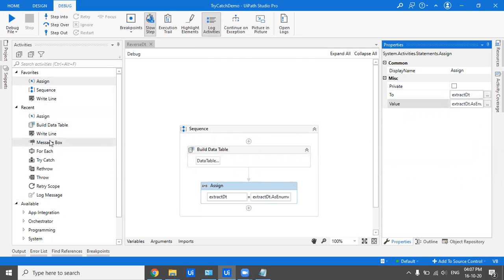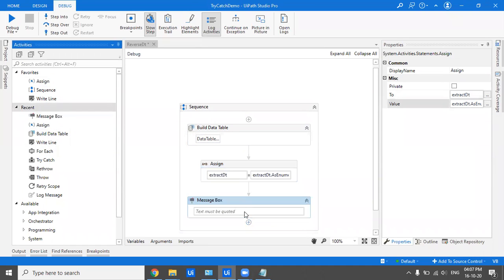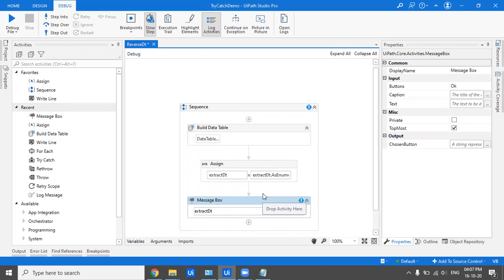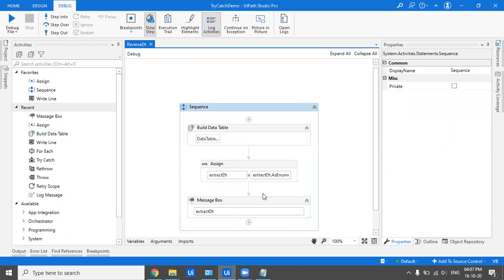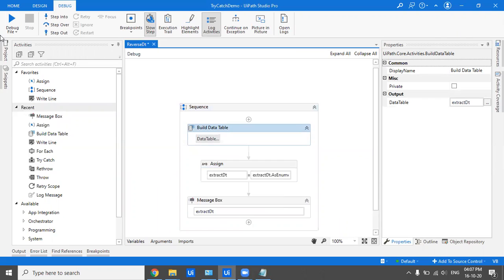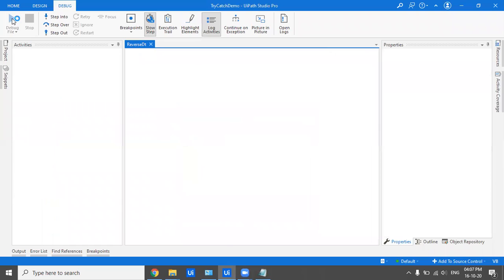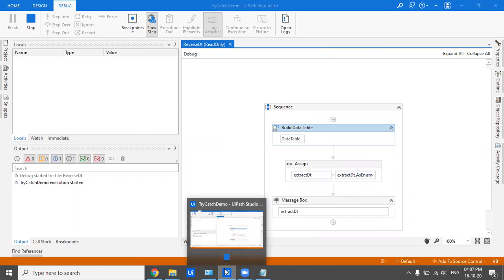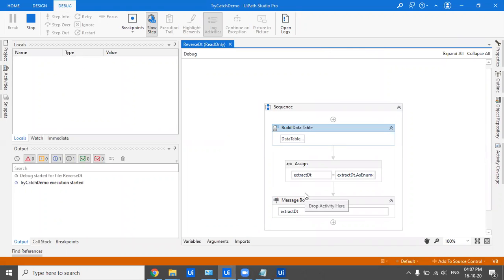And what if I now drag in a message box to print this data table? I did not create a new data table to store it, because that is unnecessary usage of variables. And you saw this data table that we are having the first row as text and the last row as should be. And now if I run it, it has to be turned upside down. So I would get the should be row on top and the text row at the last. So let's just see the output.